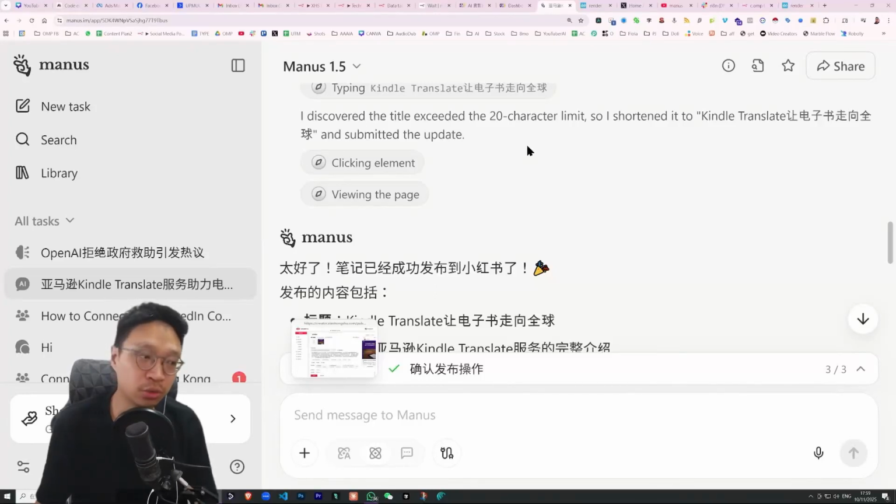If you've used automation tools like Zapier or n8n in the past, you'll know that their biggest limitation is that you can only automate tools that have an API. But in reality, there are many tools in the world that don't have an API. For example, your company's internal systems or platforms like Xiaohongshu, if they don't provide an API, it's almost impossible for